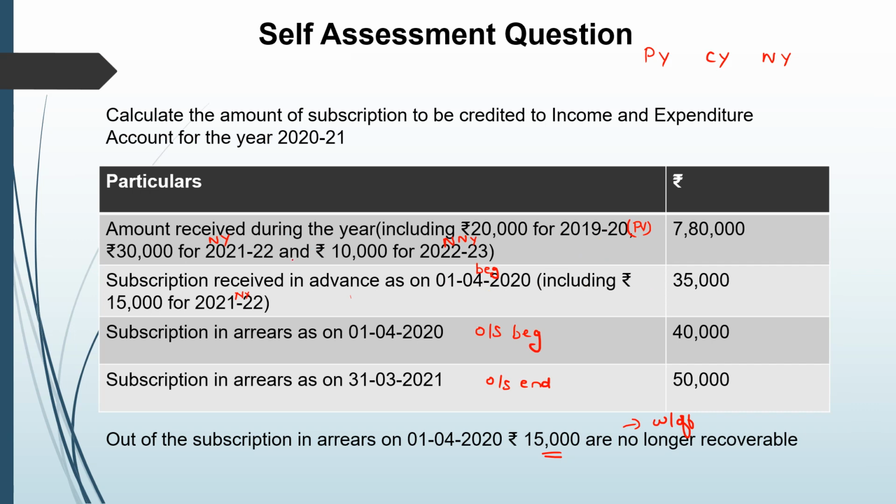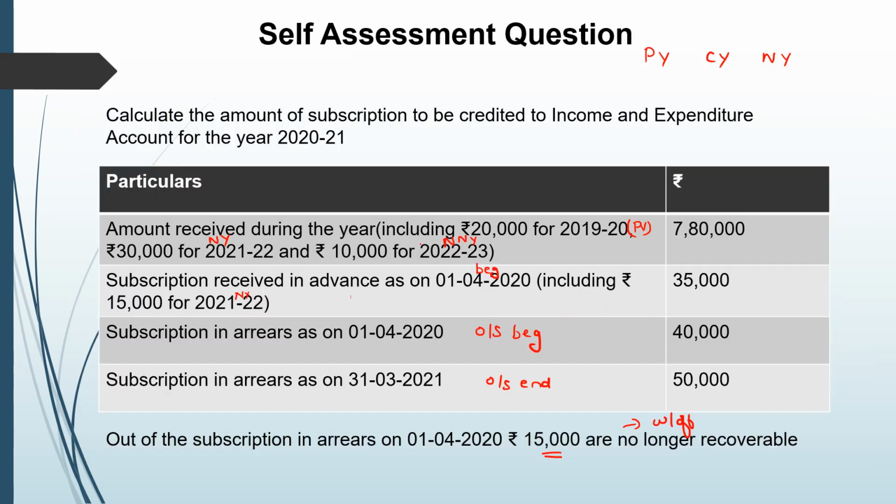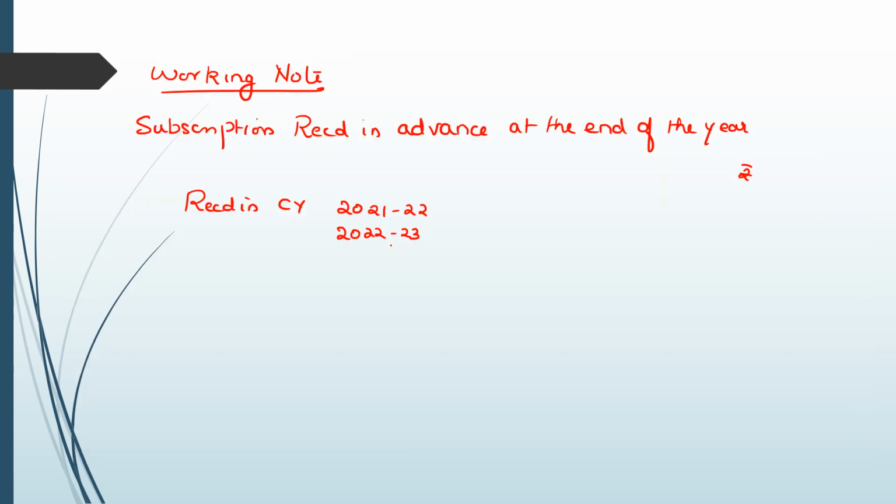First one, this is related to 21-22 received in the current year. So out of the amount received in the current year, related to 2021-22 you have received something, 2022-23 you have received something. That is this one, 30,000 and 10,000. So we write it here,